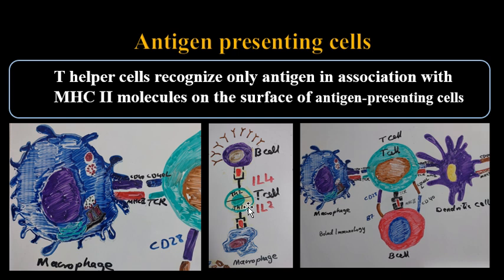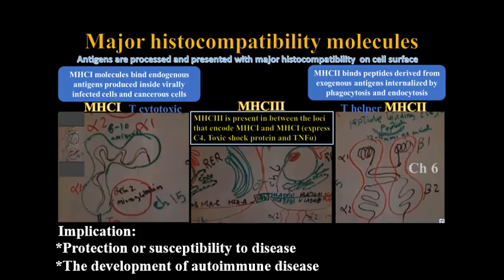However, here in this case, it shows T helper 1 and T helper 2. T helper 2 actually likes to interact with B cells, while T helper 1 likes to interact with macrophages. So as I mentioned, cells of the adaptive immune system, namely T cells, do not see free peptides. They do not see tertiary proteins. They see